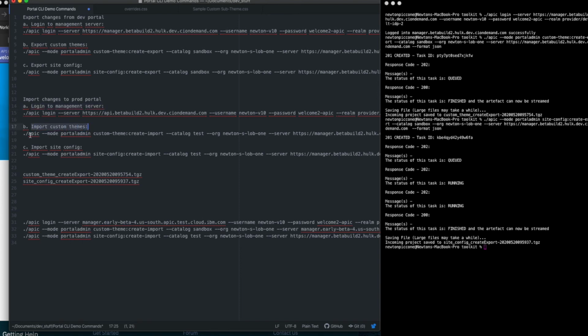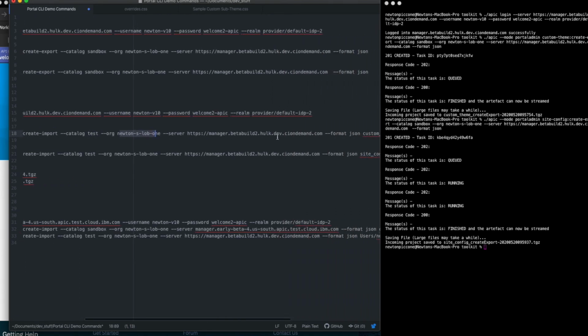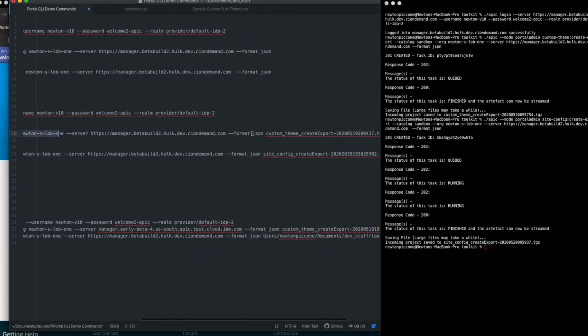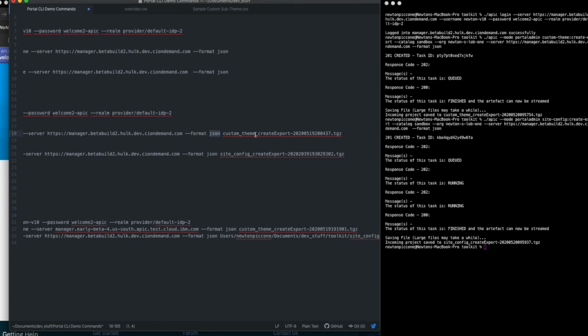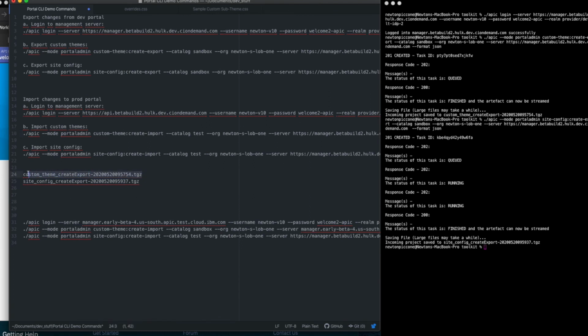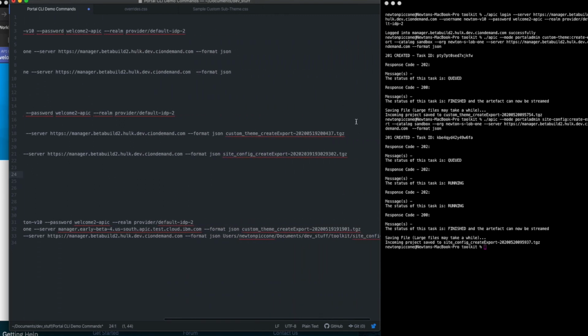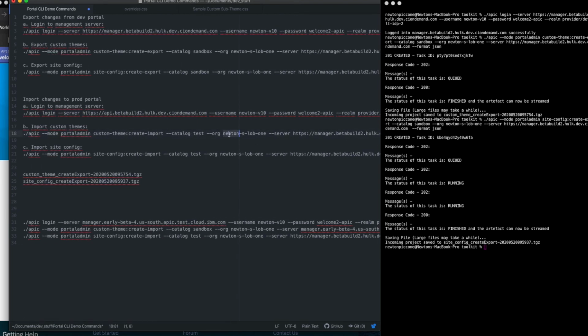You'll see it's similar syntax to what we've seen before, the mode portal admin, custom theme, create and import. This time I'm moving it to my test catalog in the same organization and on the same management server. And I'm still doing the JSON format. And then this is where I need to have the name of the file and navigate to the directory where that file is saved. So in my case, I have it in the same directory where I'm running the toolkit. So I just need to copy this file name and paste the file name here. But if it's in your downloads folder or maybe on your desktop, you'll need to navigate to the directory where that is. So I'll paste that, and then I will copy this command,